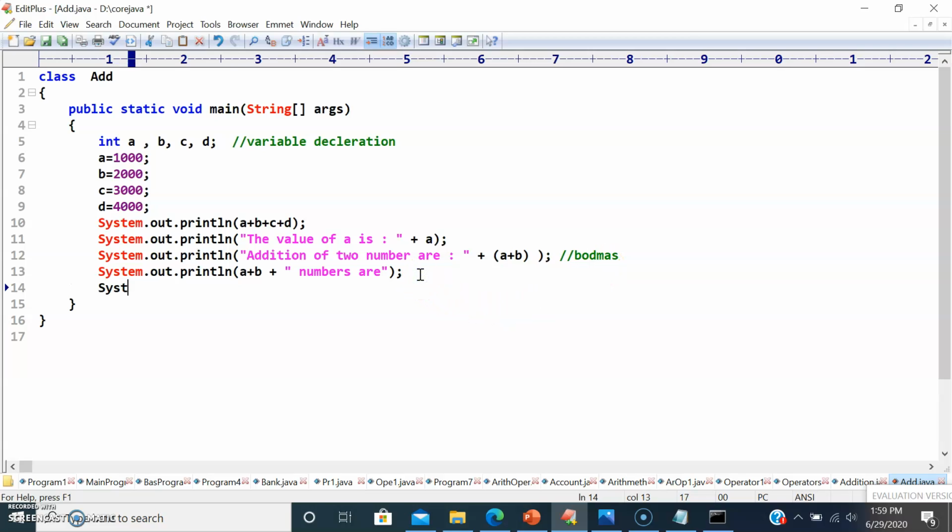Let's see for subtraction, multiplication and everything. System.out.println. So let me see a minus b plus d, numbers have. Let's see whether it is working or not.